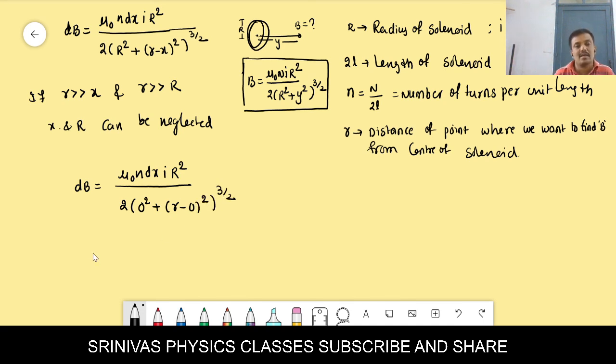Then what will you get here? dB I will get as mu naught n dx into I r square by, in the denominator, 2 into r square whole power 3 by 2. If we simplify this, the magnetic field due to a small part on the solenoid,